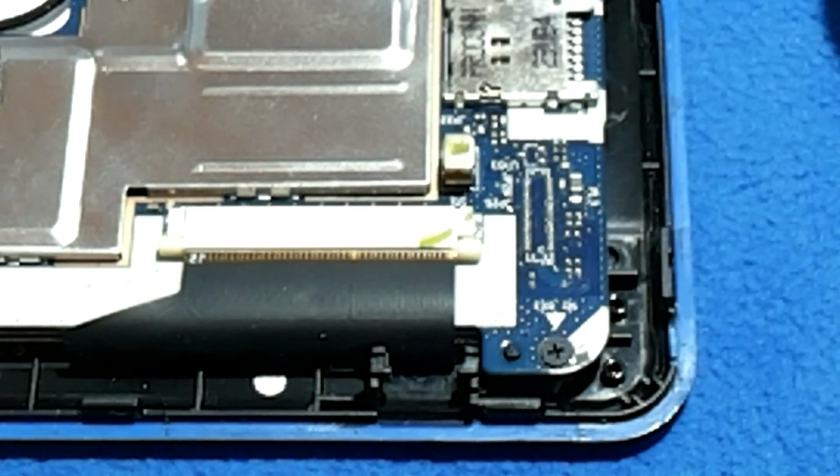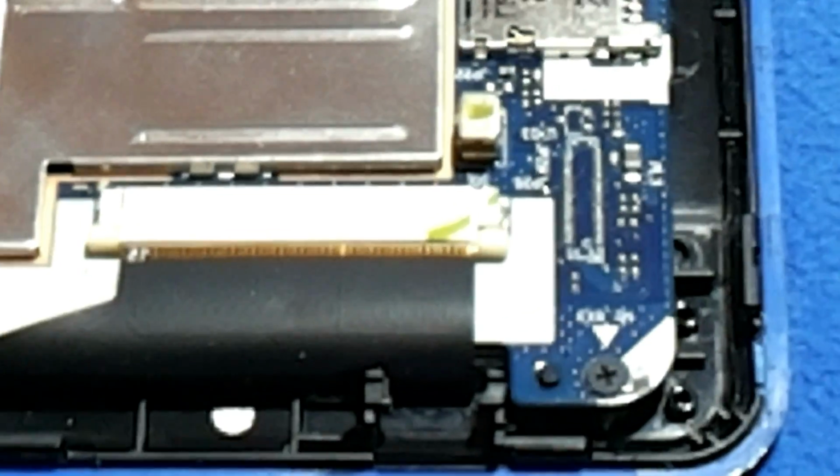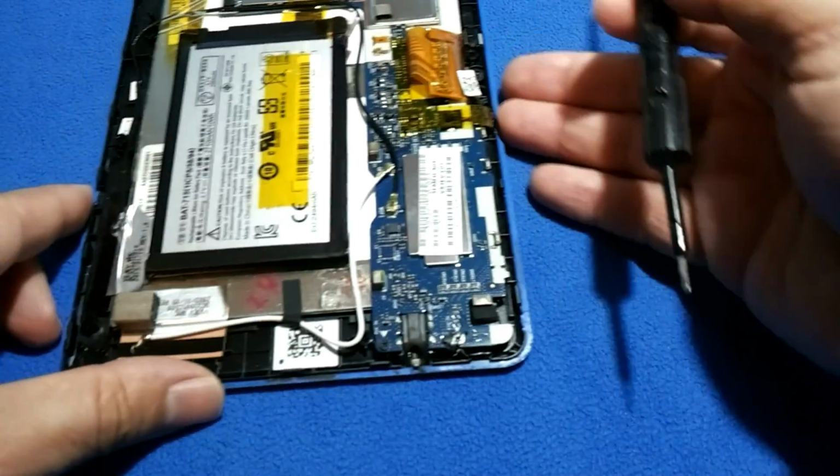Why did I say my client didn't drop his tablet? I will show you why. This tablet has been opened before. If we pay attention to this area, not well visible for you, there is a plastic sticker here. As you can see, the glue here, okay, but next to it we can see the glue and there is not a sticker, so one sticker was removed from there. Number 2,